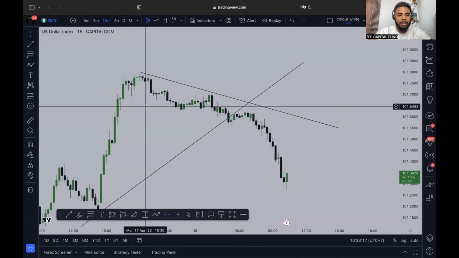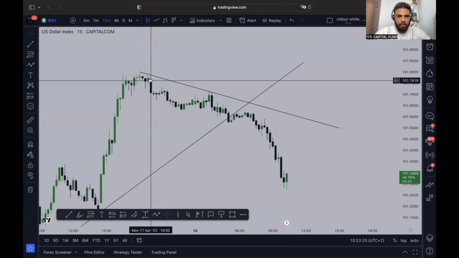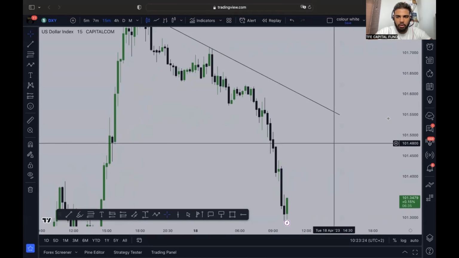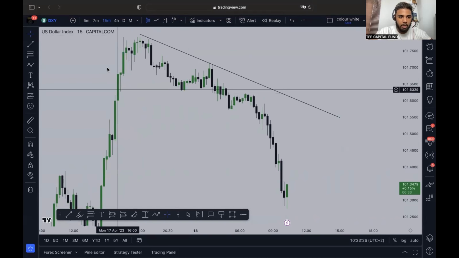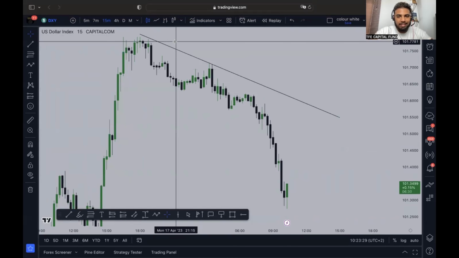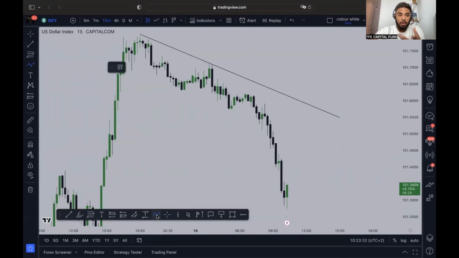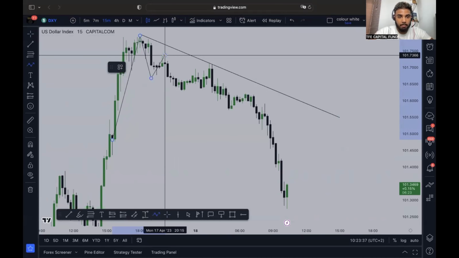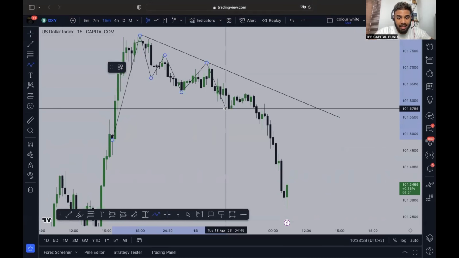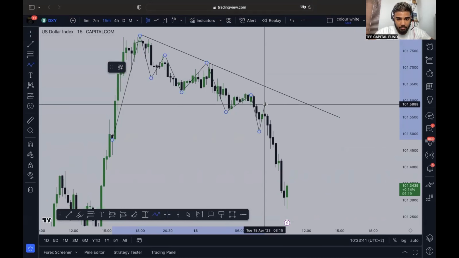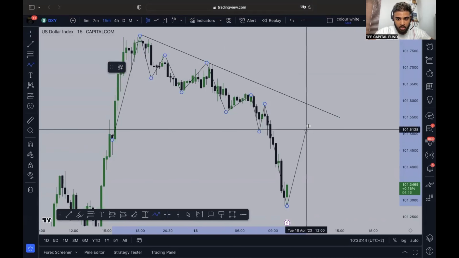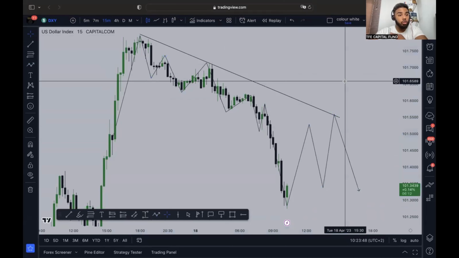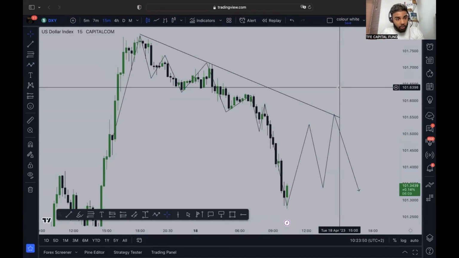Follow me. Today is the 18th. Watch, I'll zoom this in for you guys. Look at this. What's the trend for the day? It's down. It's bearish. So I'm going to assume that NASDAQ will be doing the exact same. You understand? We're going to continue going down for the day. I mean, the dollar should continue going down for the day.